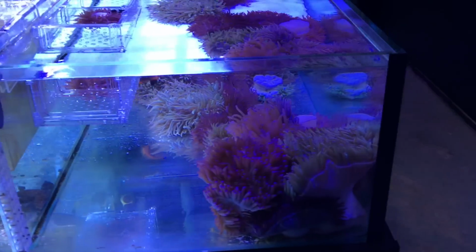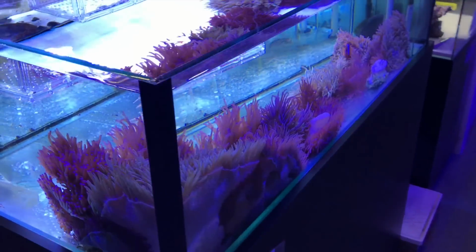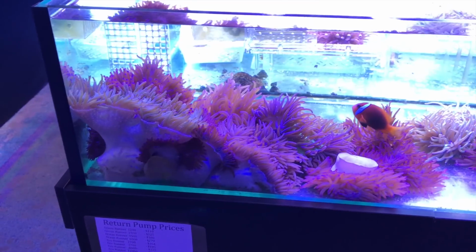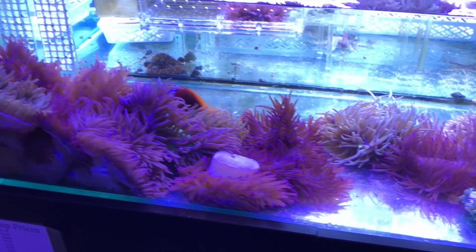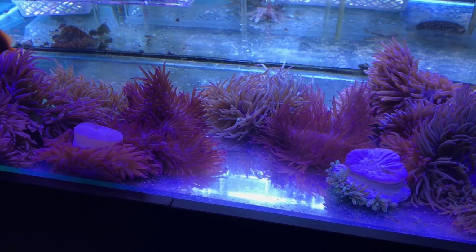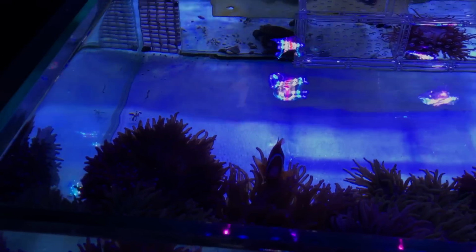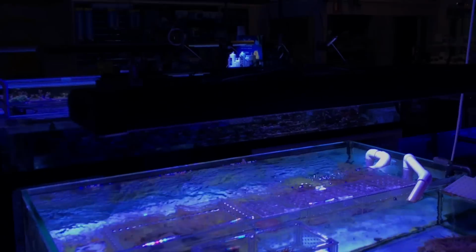And this is a little bit different. A tank full of long tentacle anemones. Very neat display. Most stores would be happy to have just a couple long tentacles, but this tank is practically chock full with anemones. Got a little clownfish up in there,